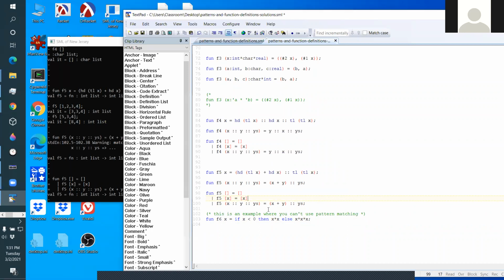I can't do that with patterns. I need an if statement, because then I'm not saying it depends on the structure of the list. I'm saying it depends on the value in the list. But it turns out structural things are way